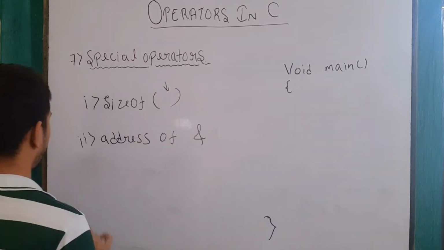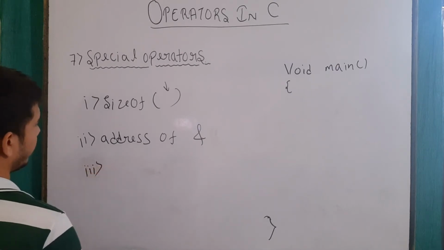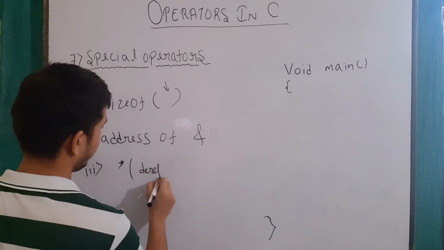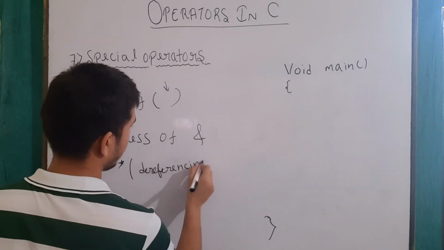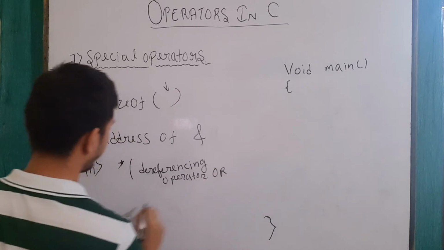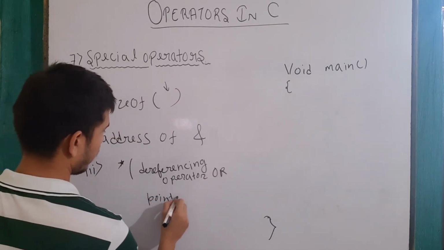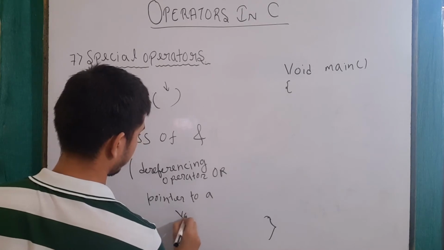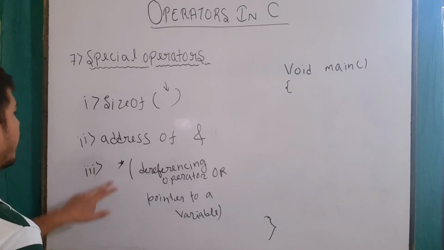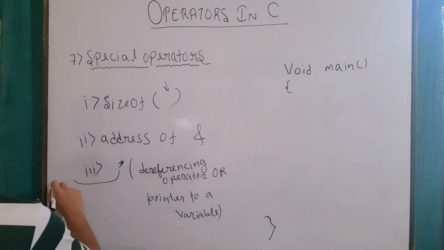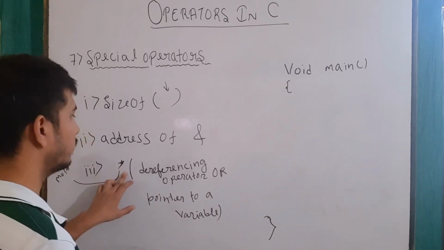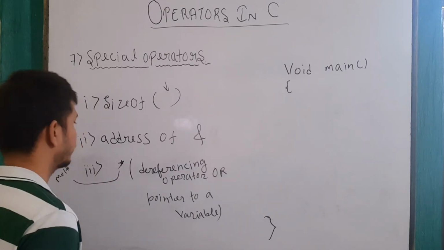So when there is an unsigned number, meaning only positive numbers and a long range of numbers, we can use %u. Right, now we have the last operator of this category, which is the asterisk, and we generally call it the dereferencing operator, or pointer to a variable. The names are given according to its uses. Note that this asterisk is not the same as the multiplication we studied about. This is used for different purposes, and the way it is used is also different.